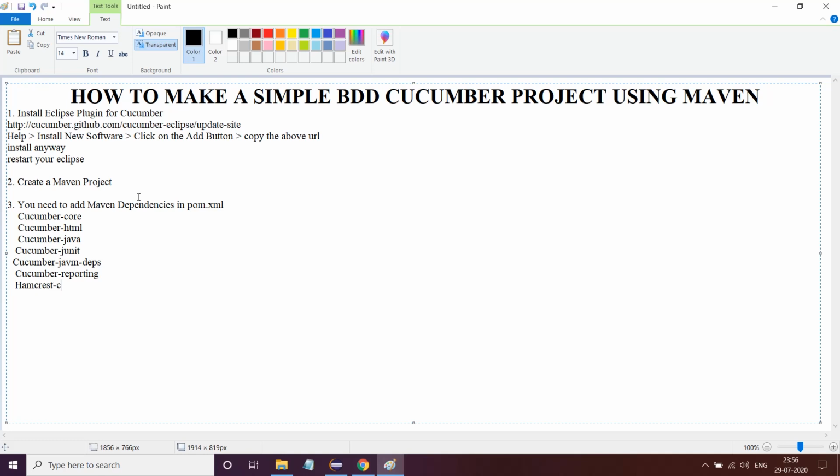This is mostly it. You can add Cucumber TestNG as well.